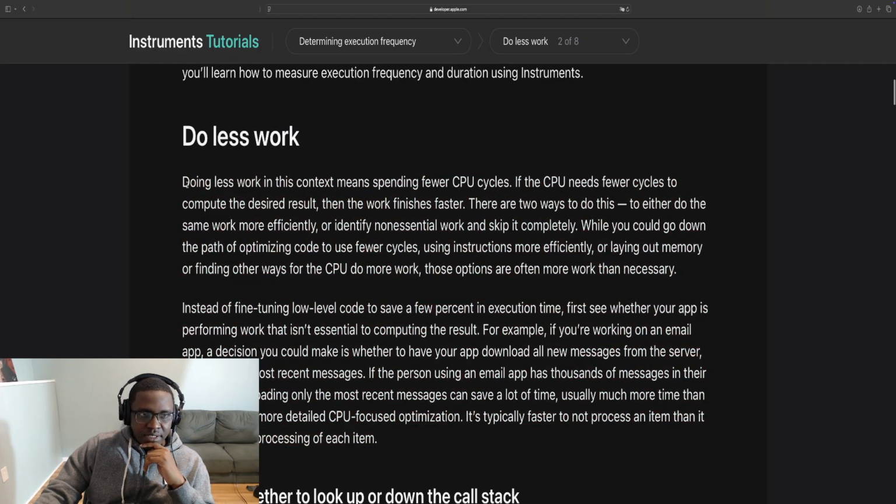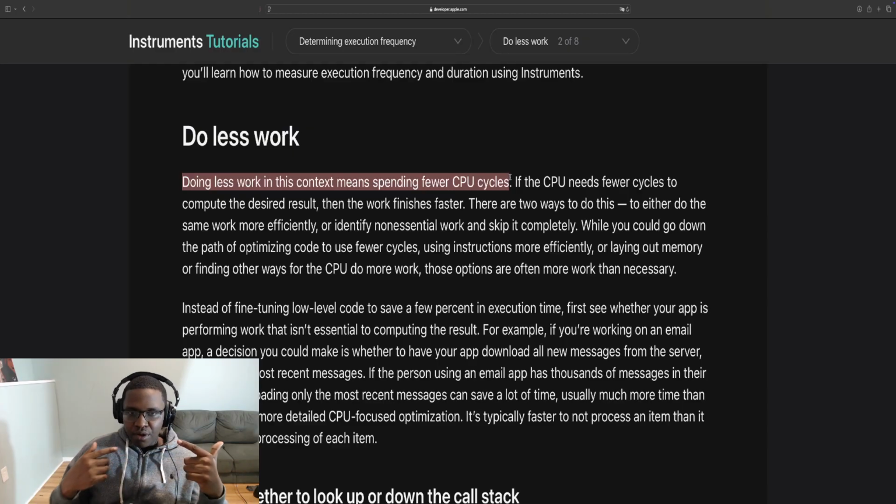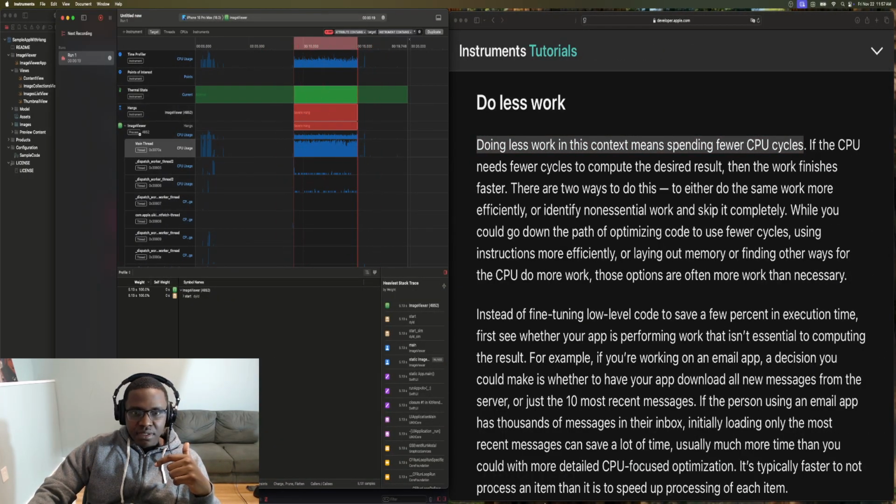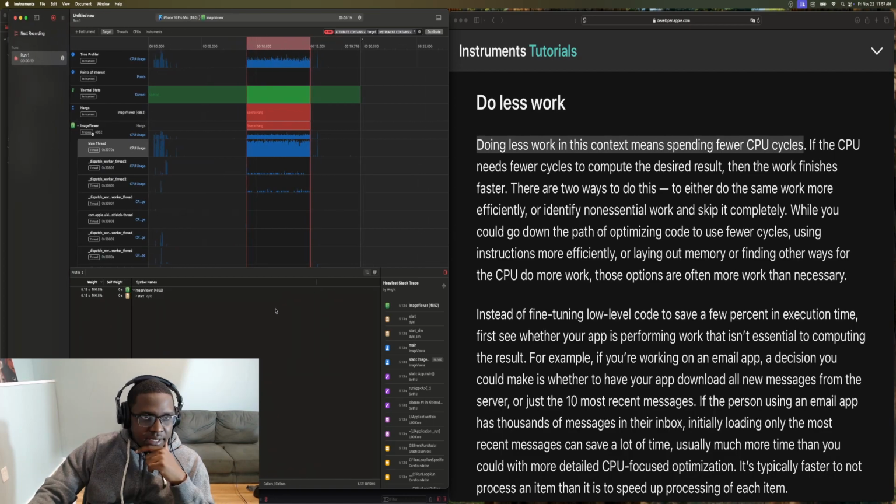So for do less work, it says doing less work in this context means spending fewer CPU cycles. Because in our previous streams, we saw that, if I minimize this and we jump over to our instruments, and you can just ignore Xcode in the background for now, one thing we notice is that inside our hang here, our time profiler tells us how much process time the CPU is working. If we scroll here, we see that a lot of these are pretty high. We have some that are 93, some that are even 113 or